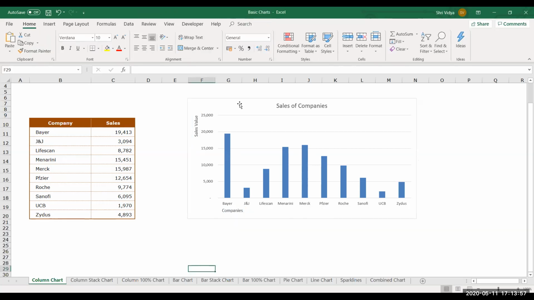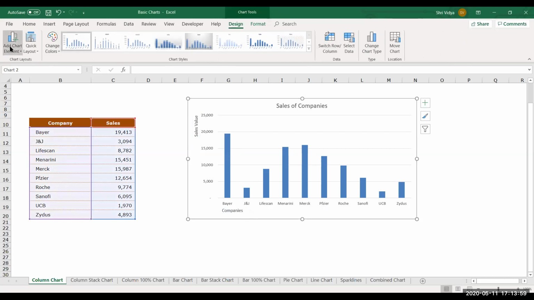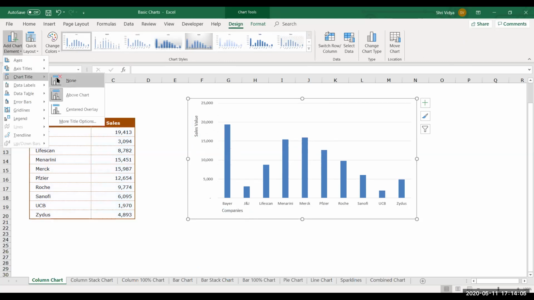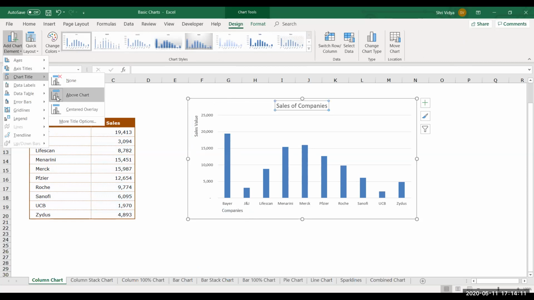Fine. So you have a few more like this. So we saw axes and their titles, and I showed you the chart title. You could also hide the chart title. If you don't want it, you can remove it altogether. So where exactly you want to position it, above the chart, or center overlay, which will overlap your plot area and the area where this chart title is appearing. So this decides the position where exactly your chart title has to be displayed.